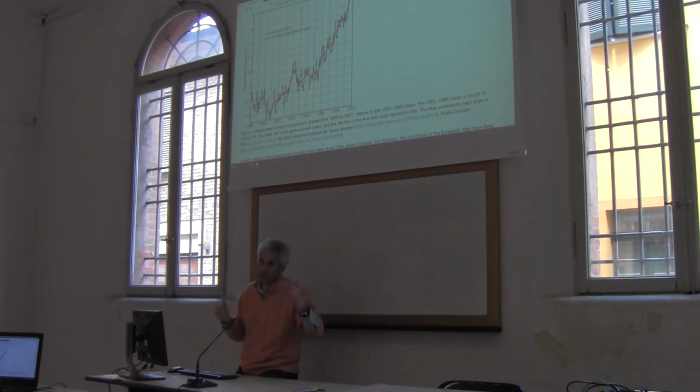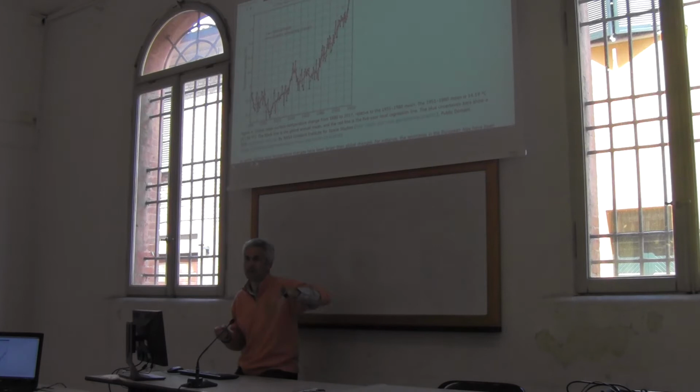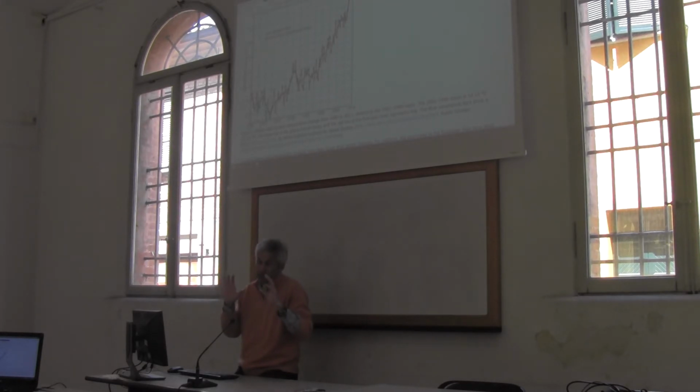We know that in the past temperature was much, much higher. If we go back to 6 million years ago, we know that on the Earth there were plus 5 with respect to today. So the planet would survive. But at that time, life was present with a very different behavior. We don't know if modern society may survive a plus 5. And therefore the concern is motivated, because we don't know if the system may, at a certain point, explode in a way.